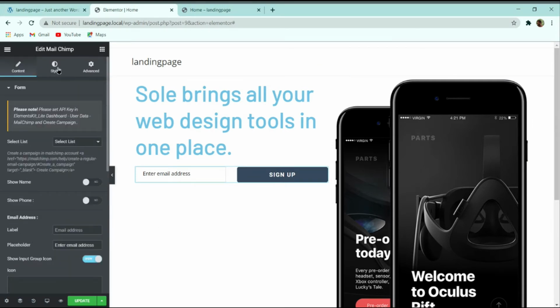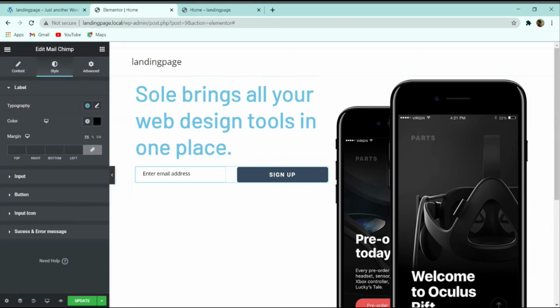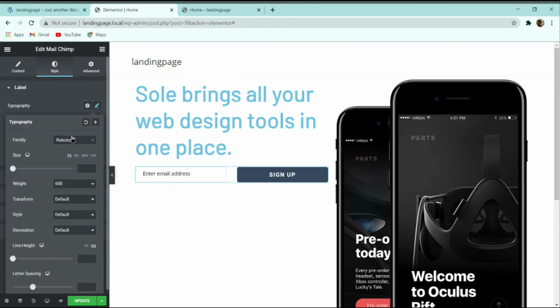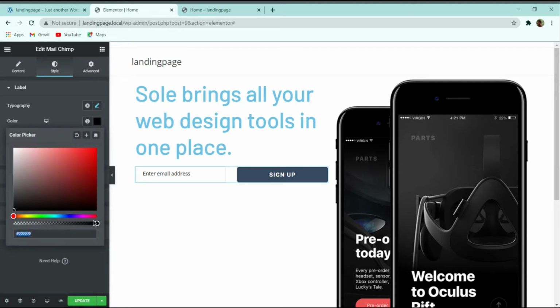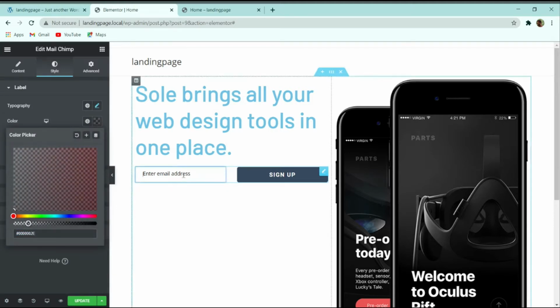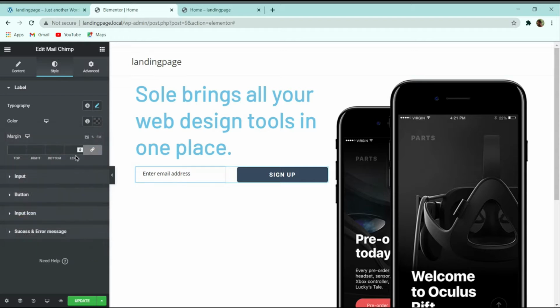After that, let's go to the style and customize the thing. Now you can see that we have to select this typography. For font family, again I will select Barlow. After that, size I will select 16, and weight you can give it 500, and line height let me give it 23 pixel. And then you can see that color. We don't need background color, that's why I have deleted that color.